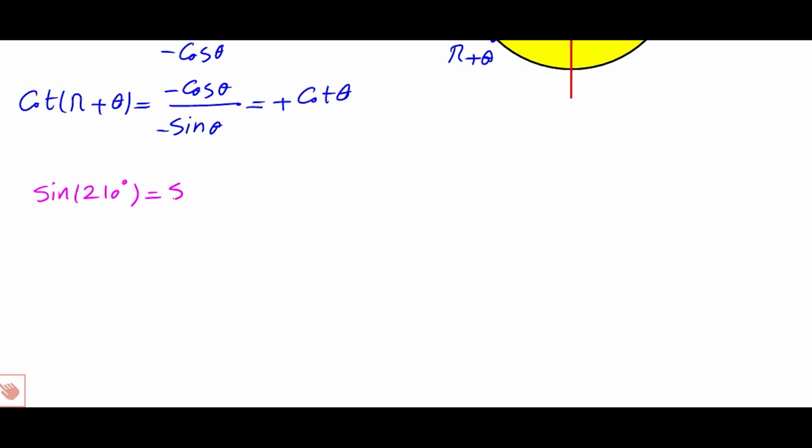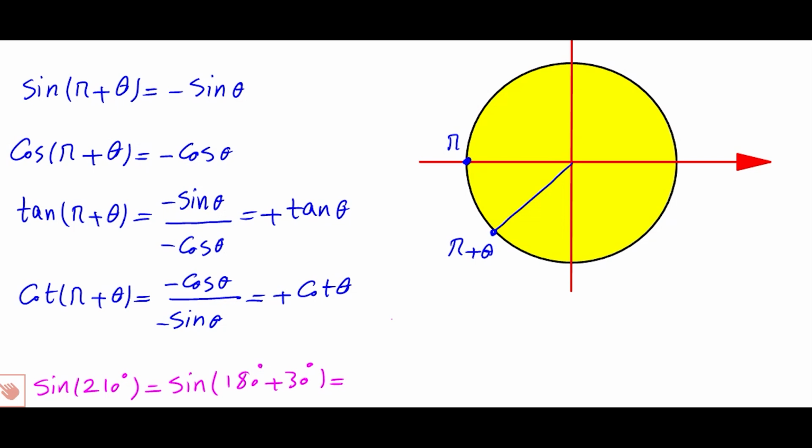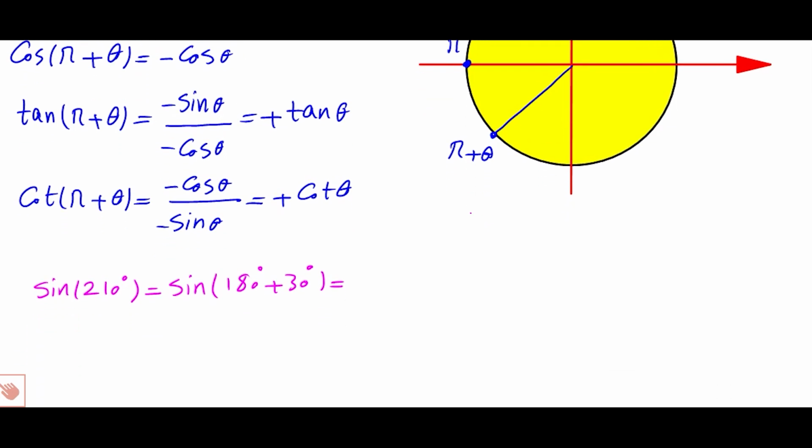It is sine of 180 degrees plus 30 degrees, which is equal, according to this formula, to minus sine of 30 degrees, which is equal to minus 1 over 2, or cosine of 210 degrees is equal to cosine